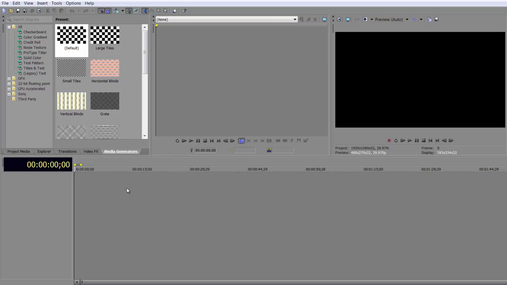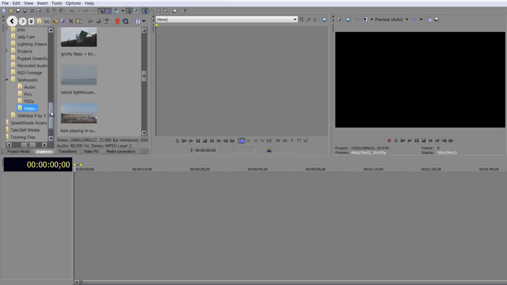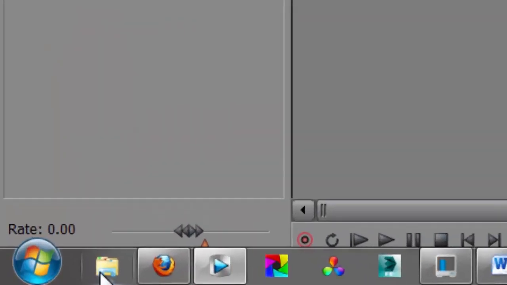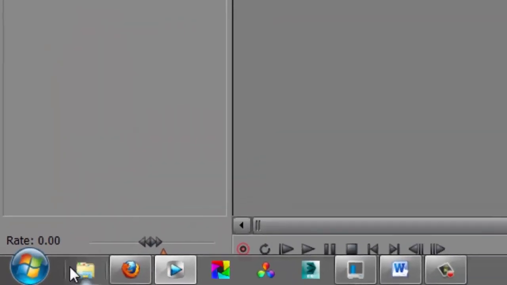But just before we have a very brief chat about moving forward with composition and understanding what composition is, I just want to show you a little trick. If you know that you have got a file on your computer that you're always accessing for the projects that you're working on, you can set it up so it will come up right at the top of your program inside libraries. The way that's done is if you go down to your My Computer, which is either this item down here or